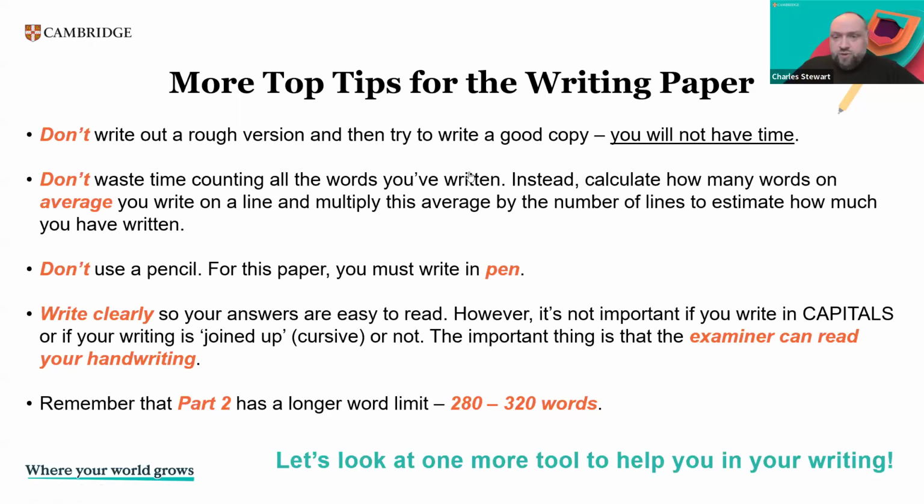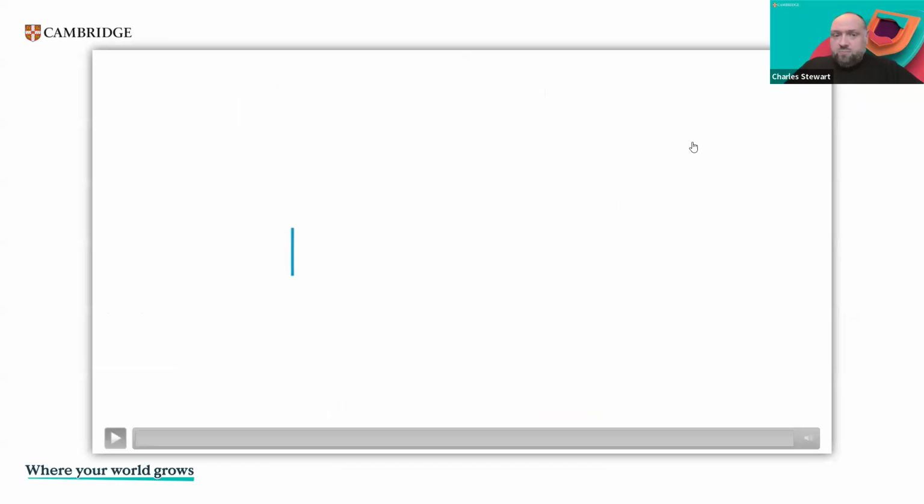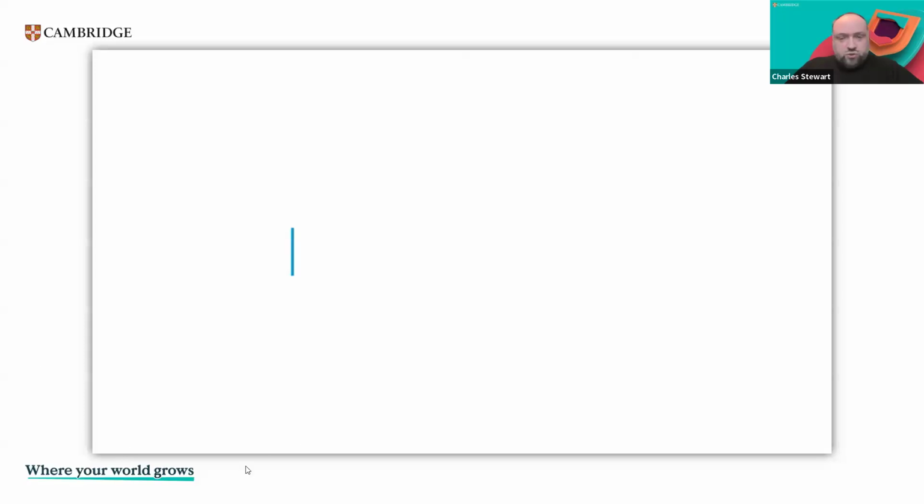Now, one other tool that can help you in preparing for the exam and train your writing is a tool that Cambridge has available free of charge. It's called Write and Improve. And what I would like for us to do is watch just a short video, once again just 1 minute. Let's watch the video and look at this special tool that Cambridge has developed to help you practice your writing.